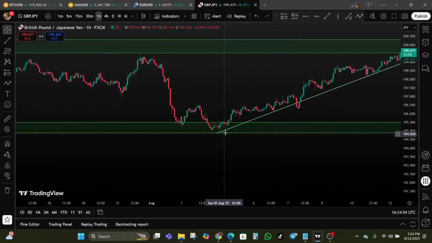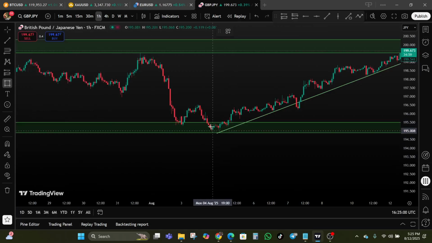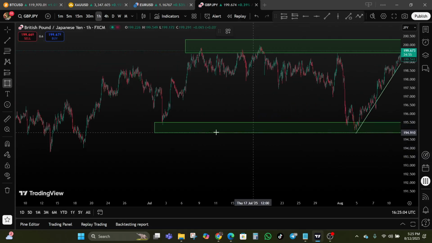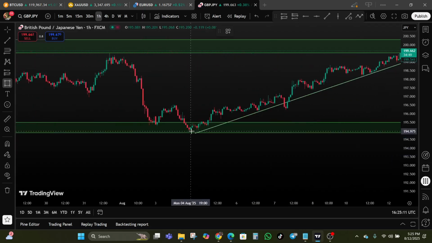That is when you are talking about one particular touch, because you can see in this zone we have two touches. So when you are talking about a particular touch, you can just mark the lowest wick. This is our base, right? So you mark the lowest wick in that base